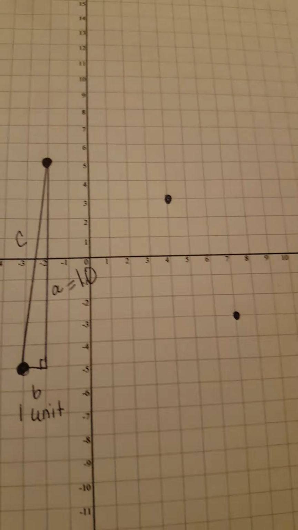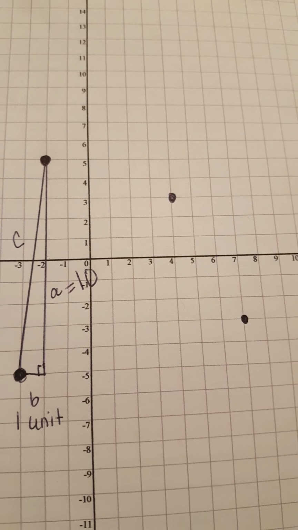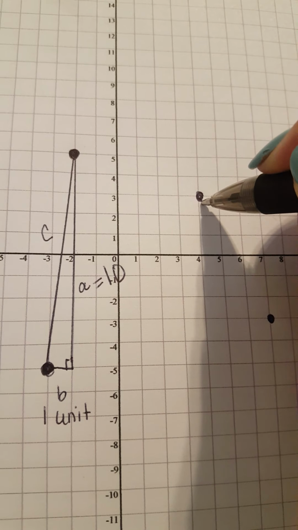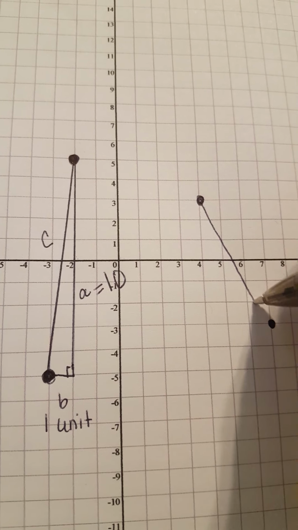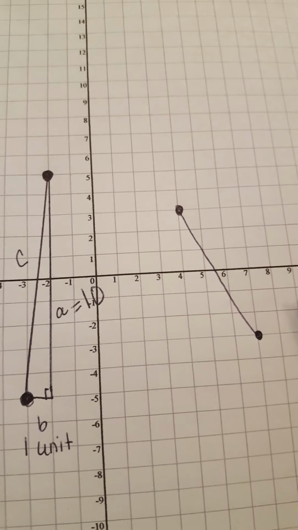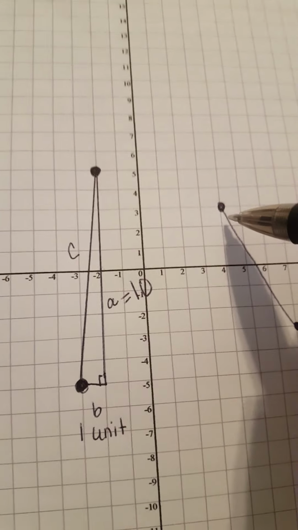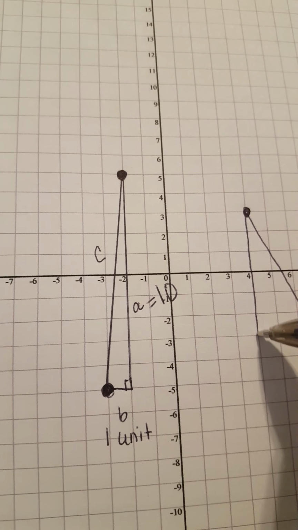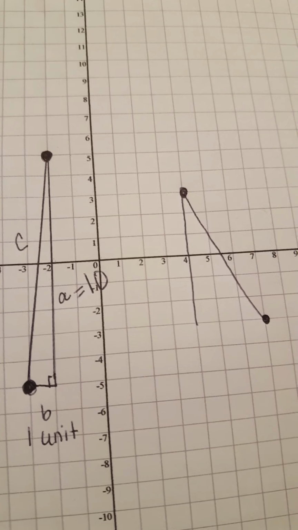So now I'm just going to connect the dots. Same process as before. I'm going to make a vertical line going straight down, then a horizontal line